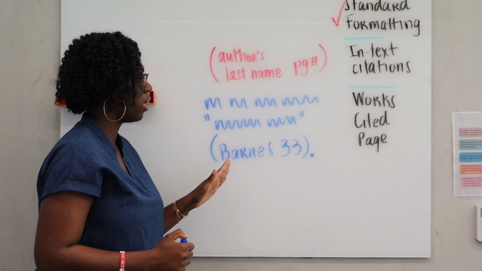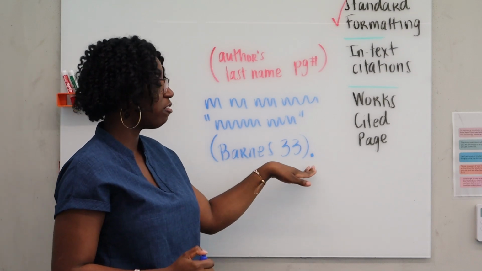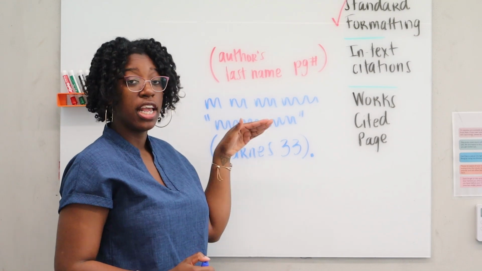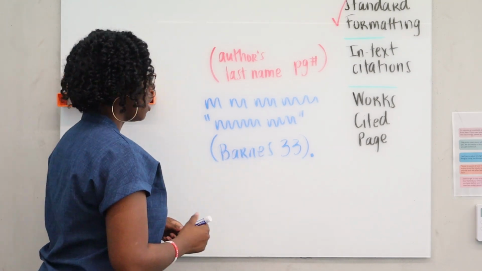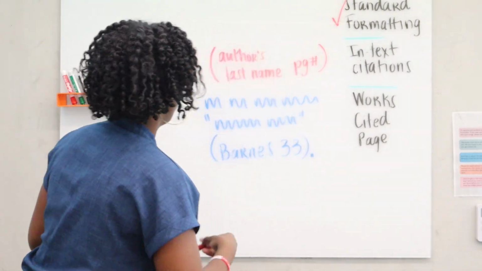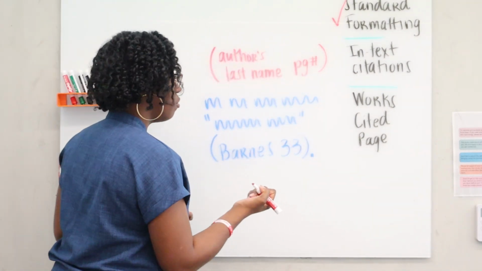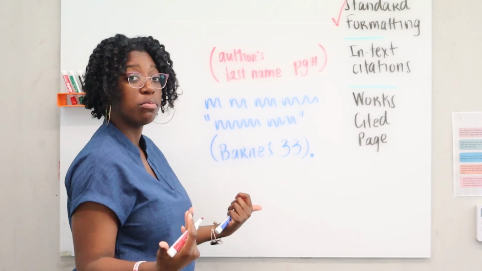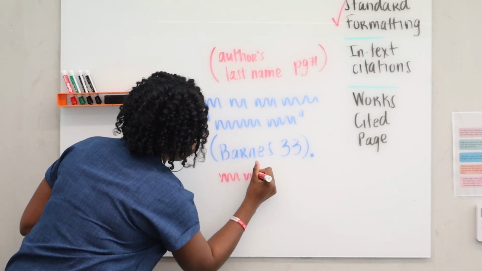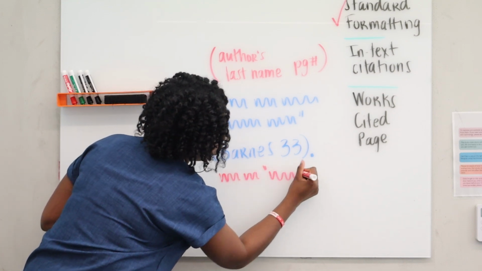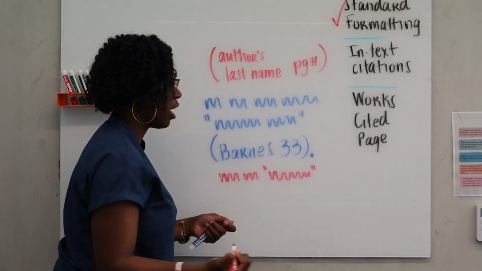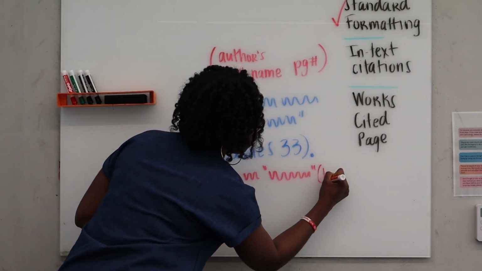So you want to make sure that the period always comes after the parentheses if the citation ends the sentence. If your citation comes in the middle of your sentence, say you've introduced your source, you've quoted your source, but you still have a little bit left that you want to say, so you will cite your source here